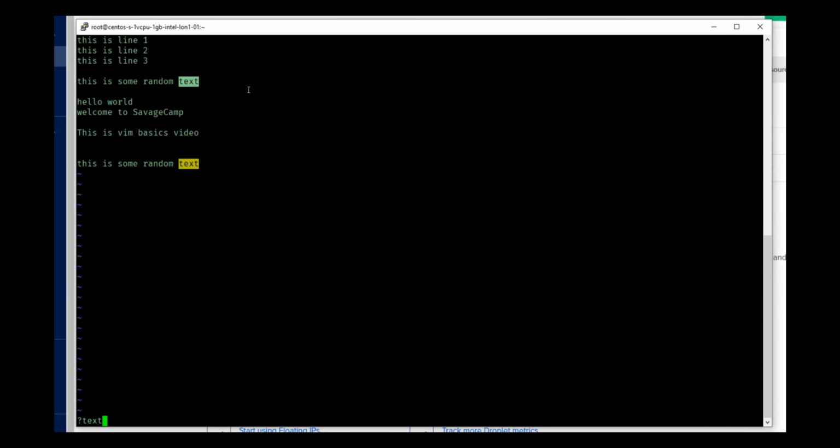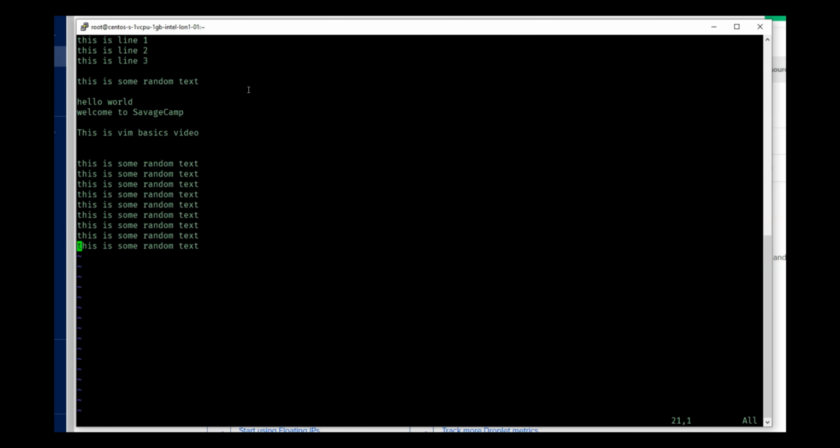We saw how to undo your changes, how to delete a single character with the letter X, how to copy the whole line with YY, how to paste this line with the letter P, and then we can also see replace. So if I go over here and type R, it's going into replace mode, and then I can type X, so it would take the letter X.